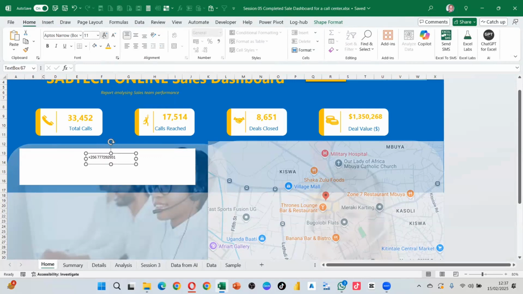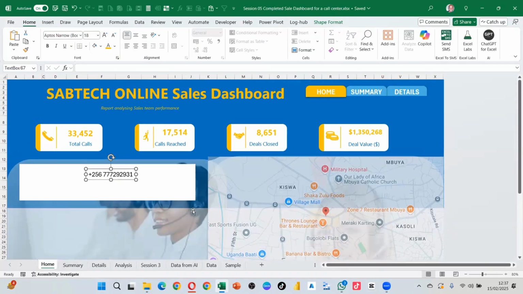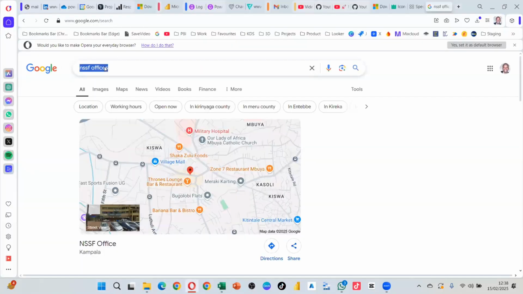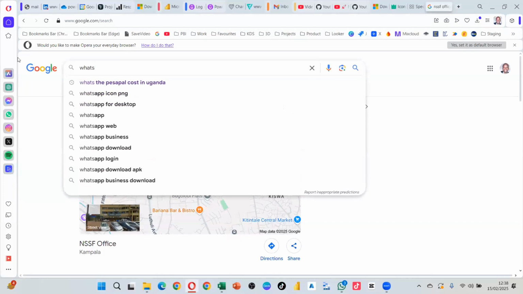You can increase this. Remember, here we are on the home page. Now this is the purpose why you should have a home page, such that these details don't clash with the data under summary or under details. So you can go ahead and pick now a WhatsApp icon. You bring it here such that you don't have to type the word WhatsApp. So you can go here, WhatsApp